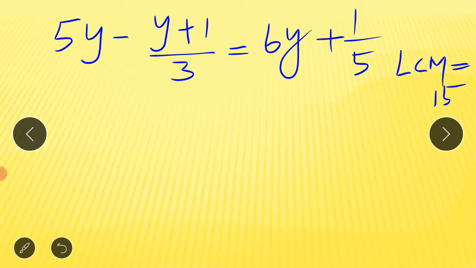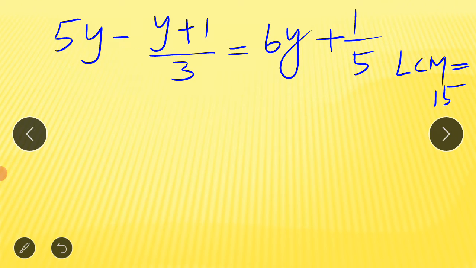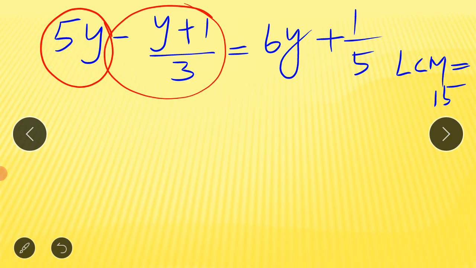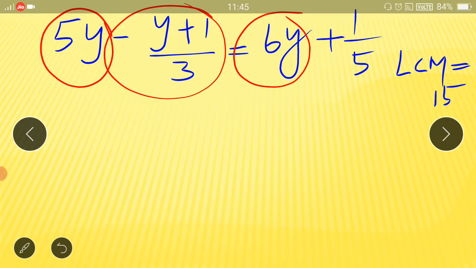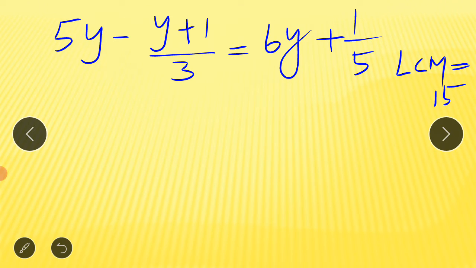Because the terms are in fractional form. So let's find the LCM of all the denominators. After finding it, each and every term is to be multiplied by the LCM. Here 5y is the first term, second term, third term, fourth term. There are 4 terms in this equation. So each term is to be multiplied by the LCM 15. So 5y